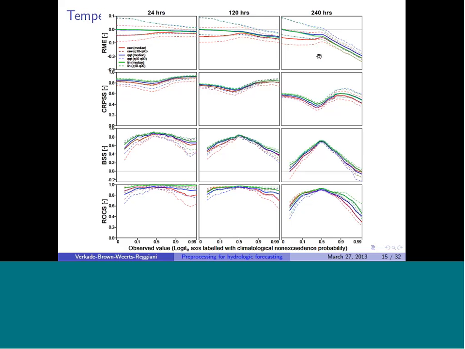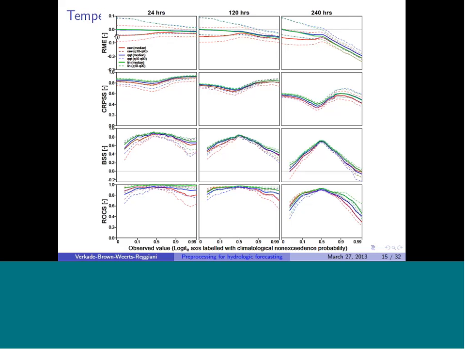And indeed, this is shown in the results. So going from left to right, from the left column to the right column, you basically always see a decrease in quality. One other thing you notice is that within a single plot, the quality of these forecasts is conditional on the observation, meaning that if you look at the uppermost left plot,